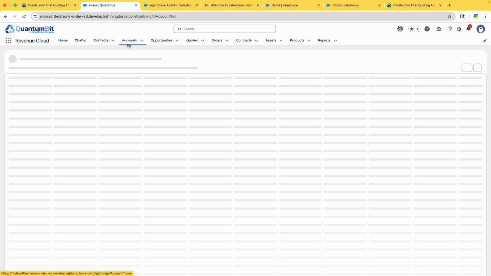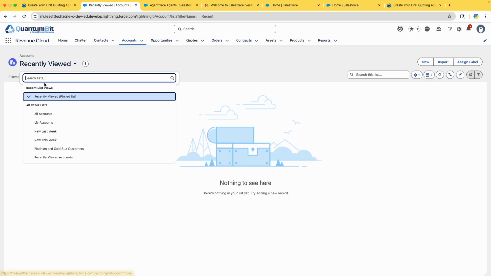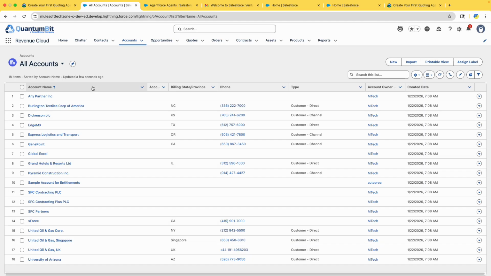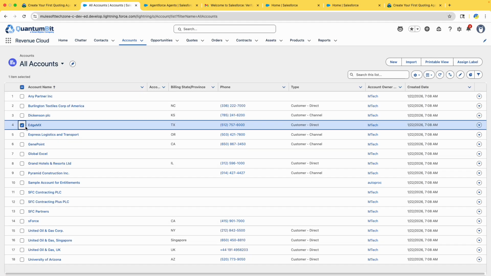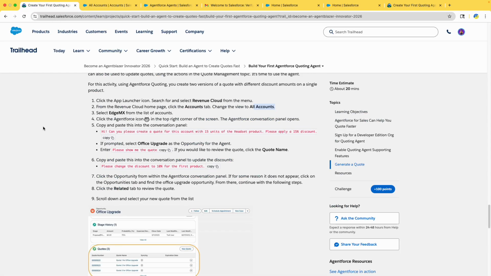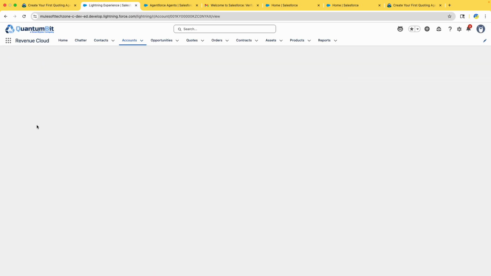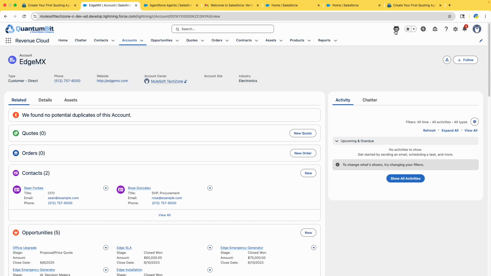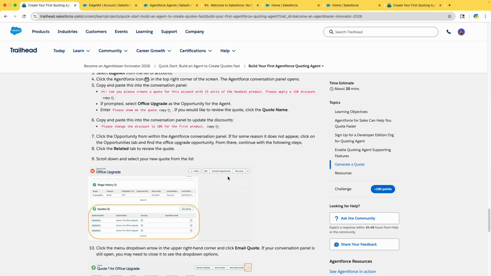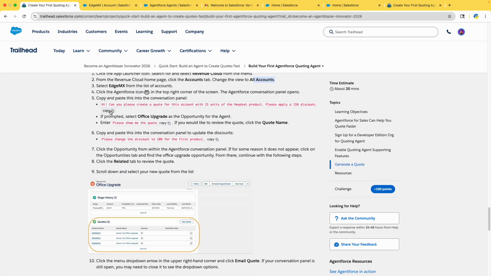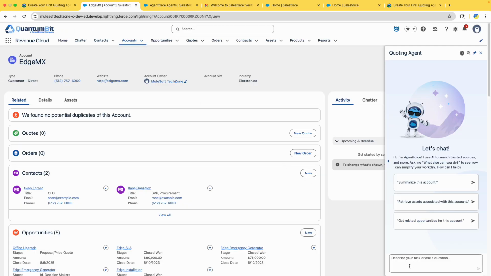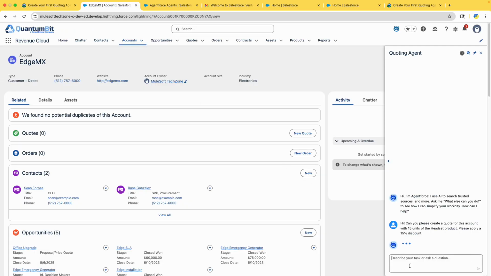So accounts, go to all accounts, Edge MX. They are asking us to select Edge MX, so that you are going into the Edge MX account. And now you can click on this Agentforce icon here, so that you will get that conversation panel. So you are just asking, hey, can you please create a code for this account with 15 units